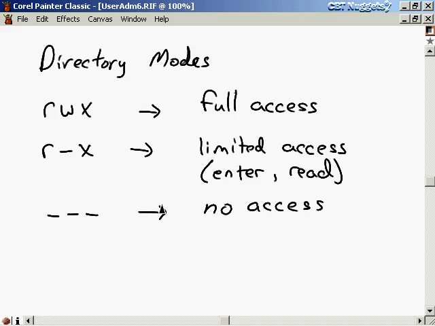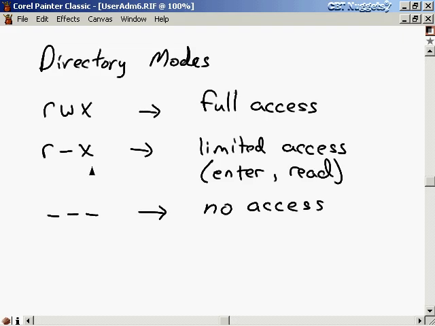But the tricky part about directory permissions or directory modes that confuses a lot of beginning users is that the directories and the file permissions are both working simultaneously. So if you're going to set it up so that you can go into a directory and read some files, you have to have the ability to go into the directory. So you have to have at least R and X